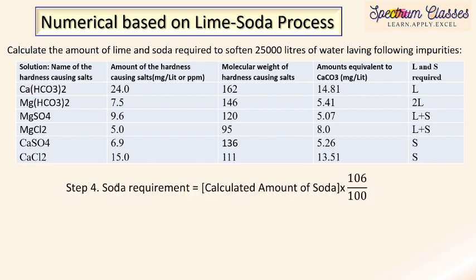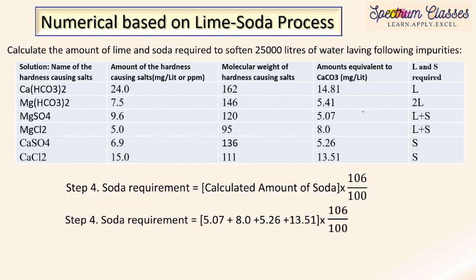So how are we going to calculate the requirement of soda? Soda required, first we have to do that. Soda is required in these 4 steps, and according to that, this and this. So simply add all 4 steps. No multiplication is required as we did over here, because no multiple is there, and the molecular weight of soda is 106 divided by 100. On adding all these we are getting